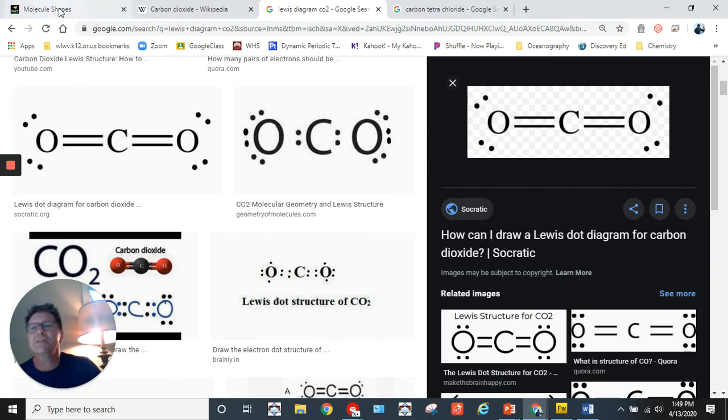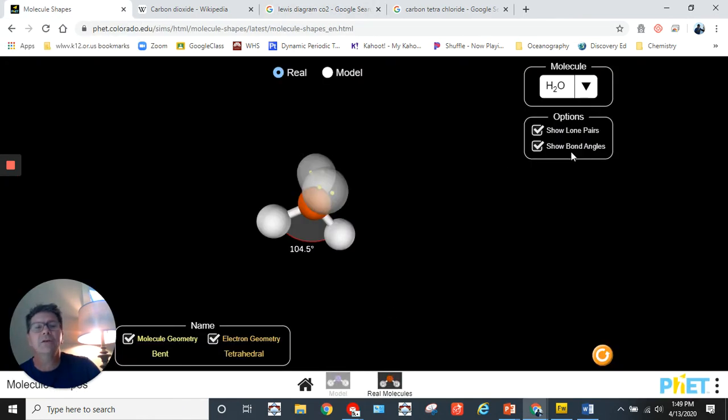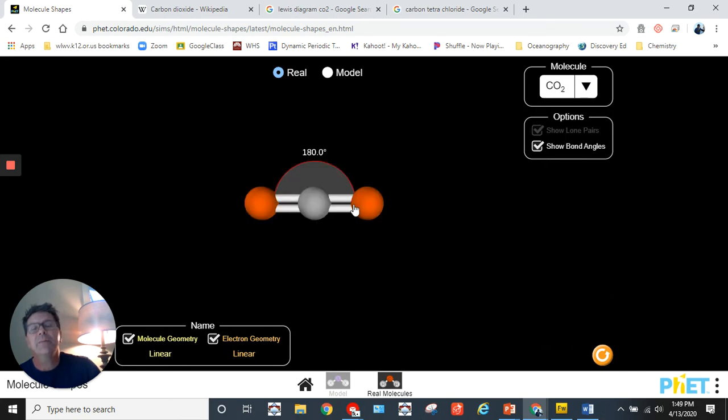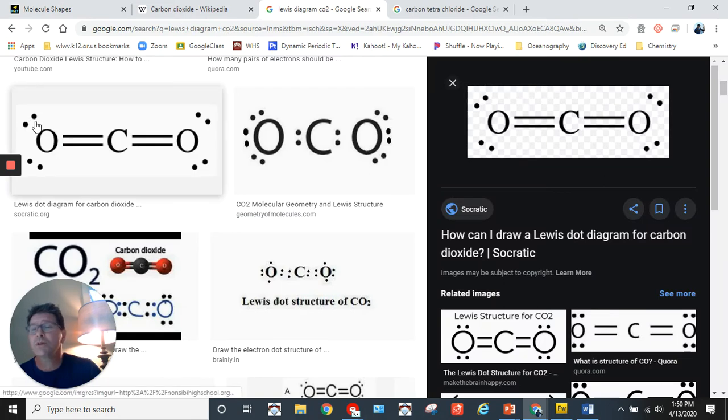One of the limitations of this PhET simulation, if you go back and look at it, is that while you can have it display non-bonding pairs of electrons on the central atom, it can't display the non-bonding pairs of electrons on peripheral atoms, like these two oxygens here. So this is their model of CO2, and it's accurate for what it is, but it doesn't show what you need to answer the question for the Lewis structure, which are the non-bonding pairs of electrons on those oxygens. And those are key